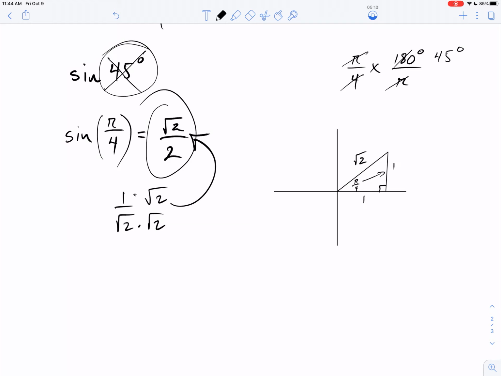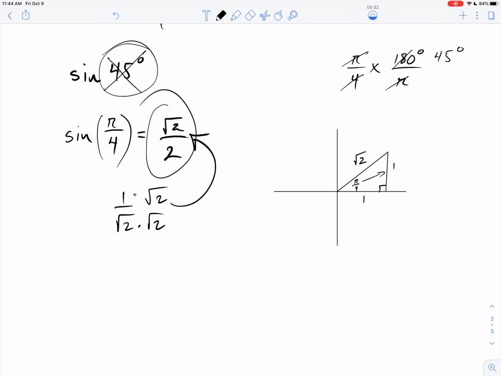Sometimes sine is negative. Sometimes cosine's negative. Sometimes secant is negative. How do we get these answers that are negative for some of these functions? Well, here we go. What I'm about to show you is called drawing reference triangles to evaluate the trig functions,